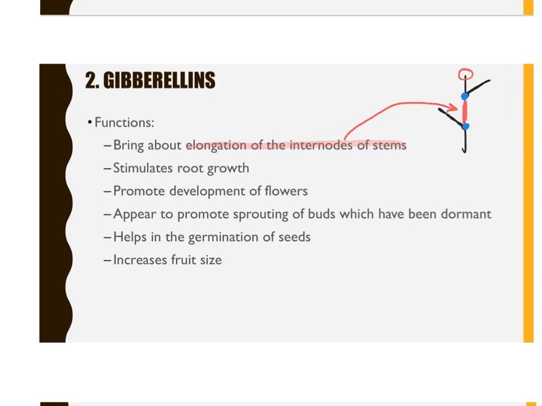It also helps with the auxins to stimulate root growth. I normally tie these next two together, so it promotes development of flowers and increases fruit size, because flowers and fruit kind of go together. It appears to promote the sprouting of buds, like a flower bud. So that also goes together: development of flowers, sprouting of a bud, and it helps in the germination of seeds. So it helps seeds to